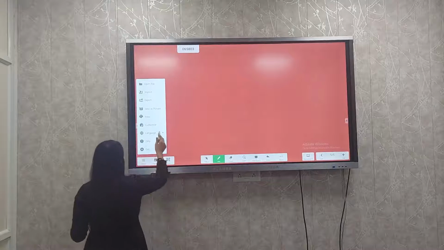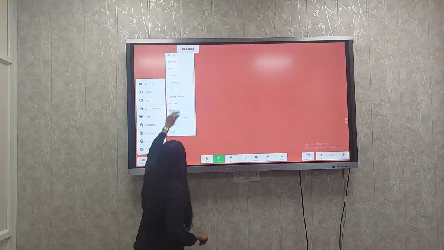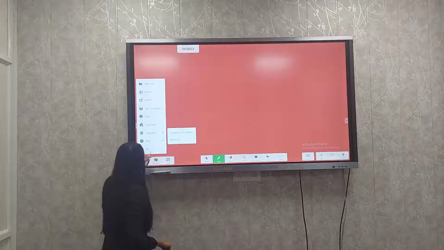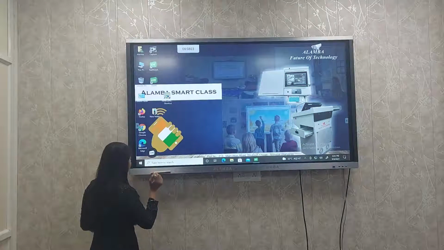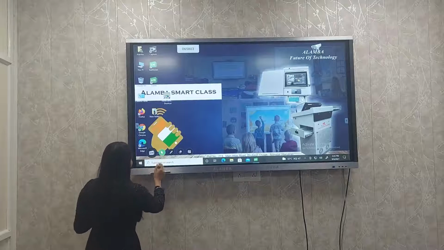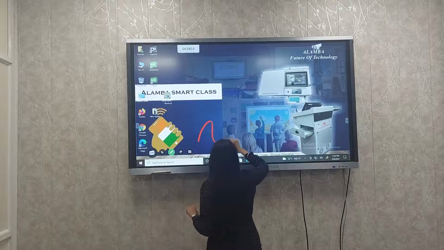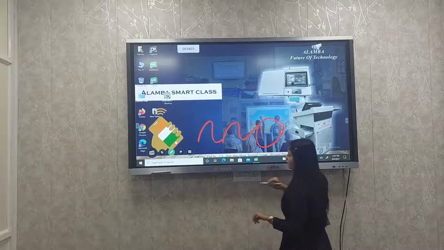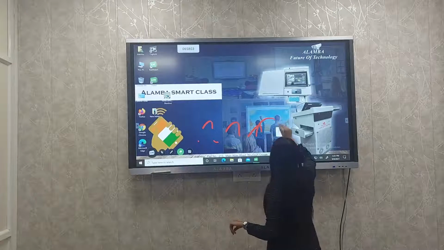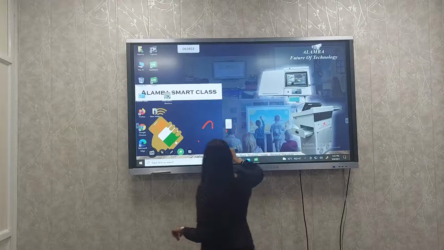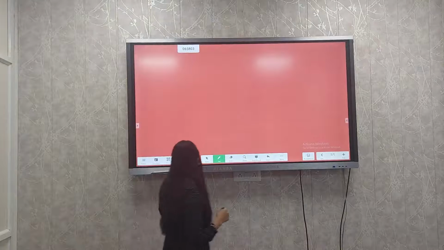Then we get language also. There are different language options given. You have to just select, then help, or just exit. Then if you want to minimize it, just click on this, and if you want to write anything here, like this, I'm writing on my desktop. Okay. I want to delete it. Expand it. Came back to my slide now.